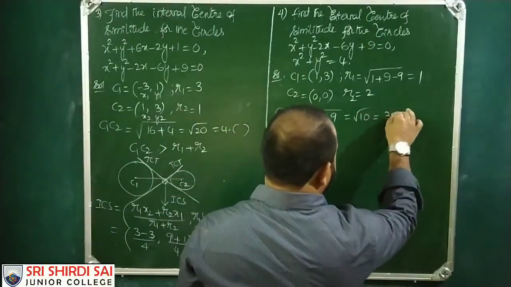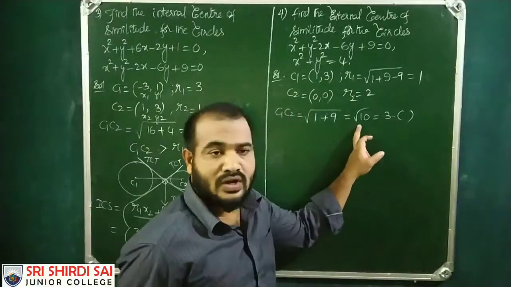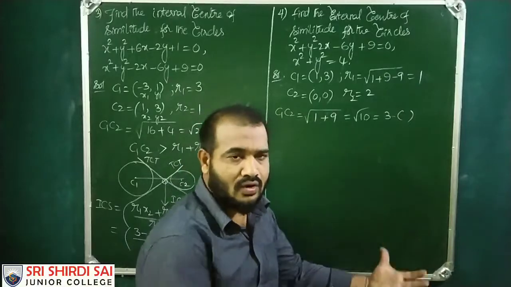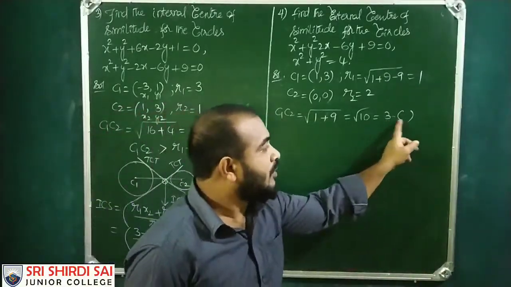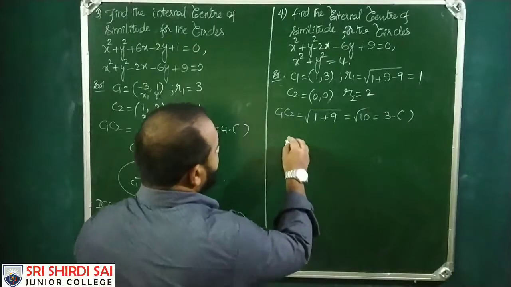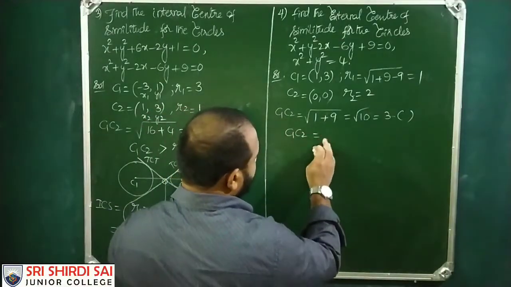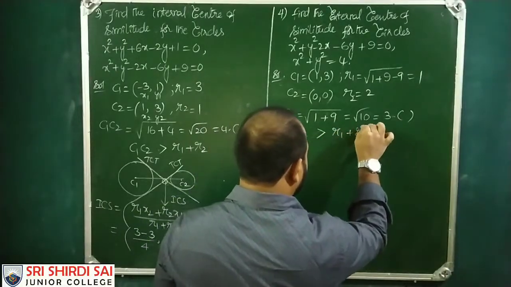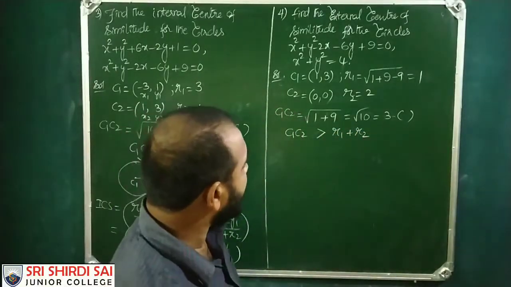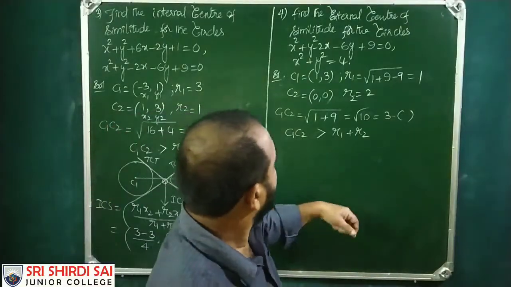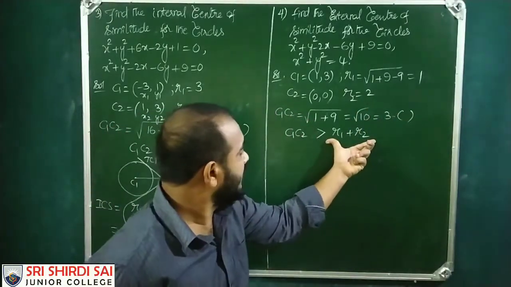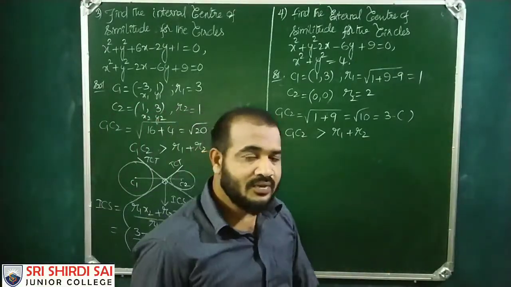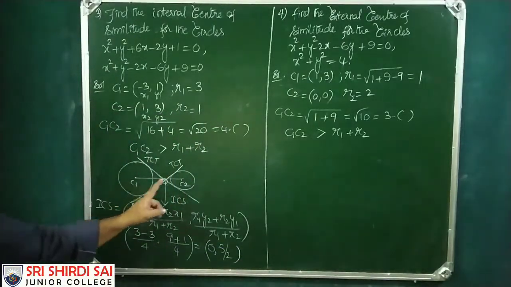Root 10 is 3 point something, because root 10 is more than root 9. Root 9 is 3, root 10 is 3 point something. We are not concerned about the particular value of it. So C1C2 is definitely greater than R1 plus R2, because 2 plus 1 is 3, and C1C2 is 3 point something, which is definitely greater than 3. So this time also the two circles will be lying